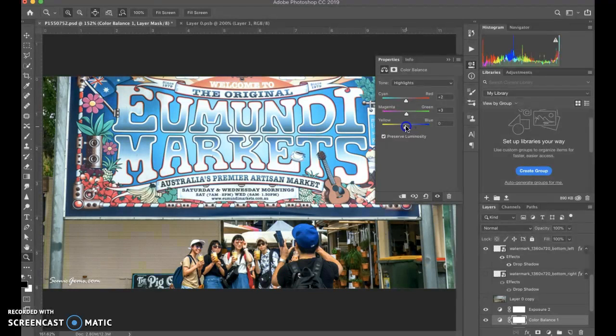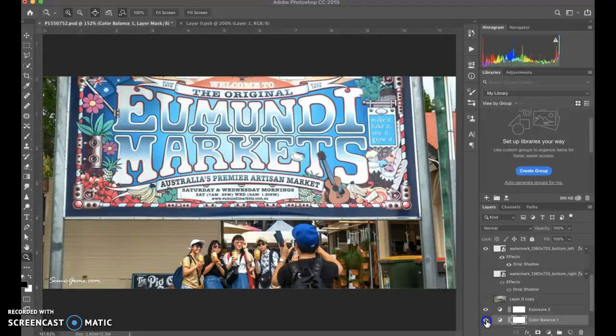So I'm focusing on the people here. The people are giving me the best clues as to what, I mean, this sign could be any colours, because it's not real, it's been made by a graphic designer. Whereas these people, the colours there are what I'm using to guide me. And so with that colour balance,